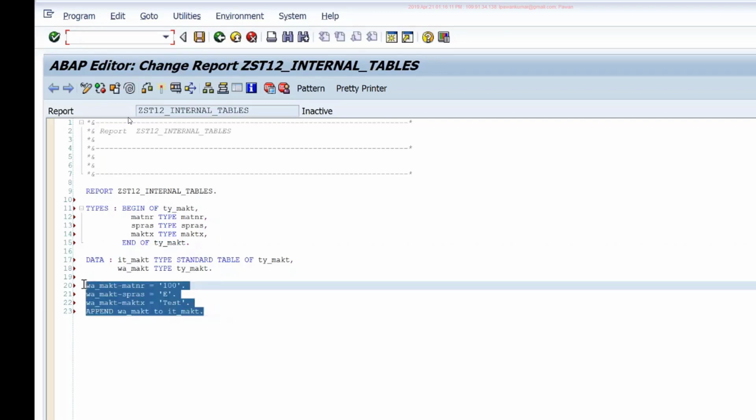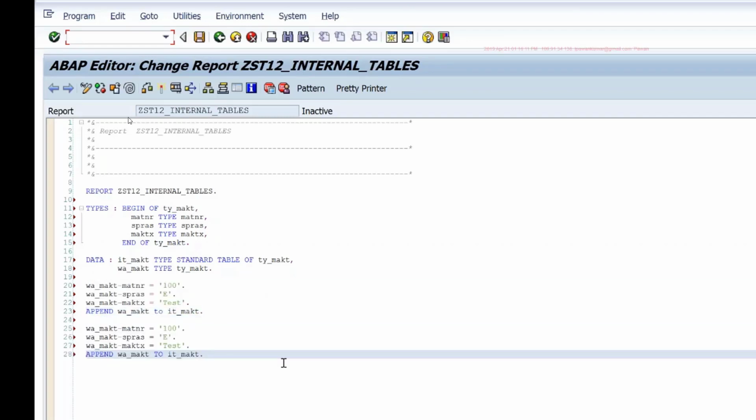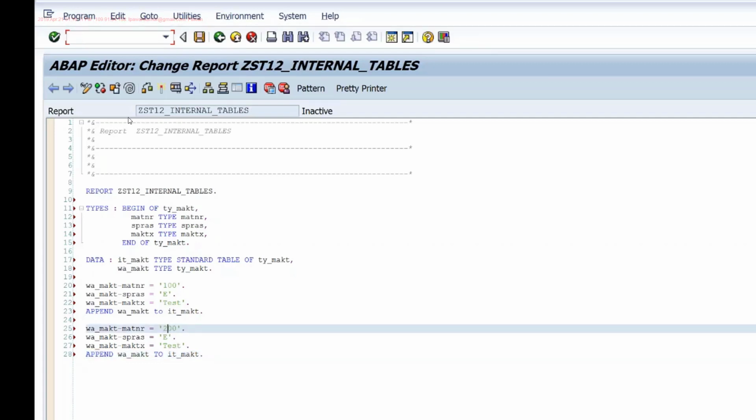Now, if this table is having a unique key, and if I try to add the same row again, because for standard tables, the key is all the fields. So if I add the same row again, and if this table supports only unique key, for example, then I cannot add this. It cannot have a second entry with the same key. It has to be different. Either one of them should be different, right?